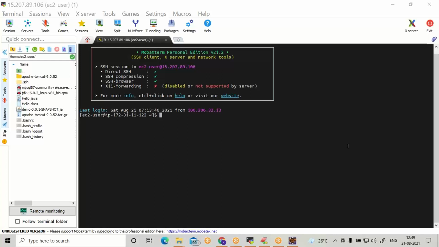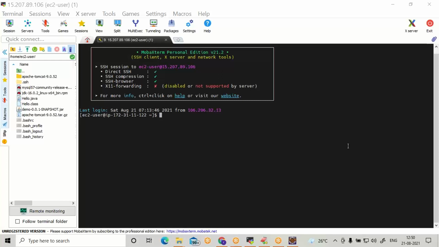To run the jar, you don't require a Tomcat server, especially the jar generated by Spring Boot. In that jar, built-in Tomcat is there. That is why the Tomcat we already installed, we have stopped through rebooting the instance.